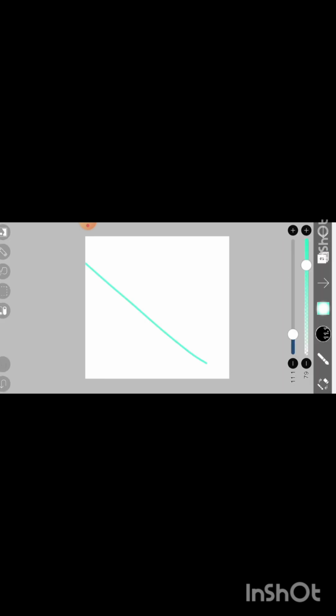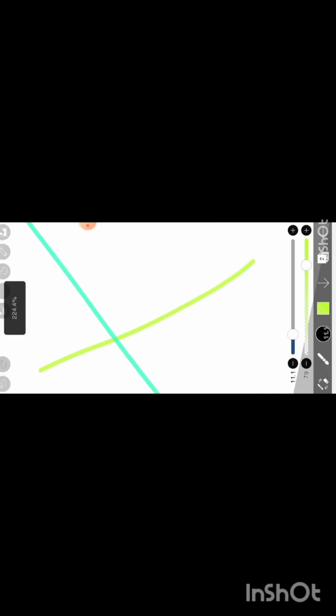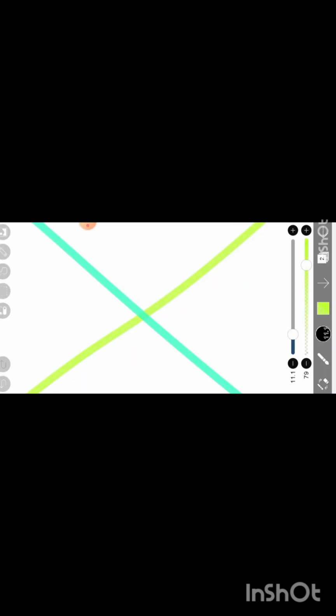Suppose I create this stroke and then I create another stroke in another layer. The layer in which I created the greenish stroke is below the layer in which I created the bluish one. I don't exactly remember the name of this shade, so I will just simply call it bluish.